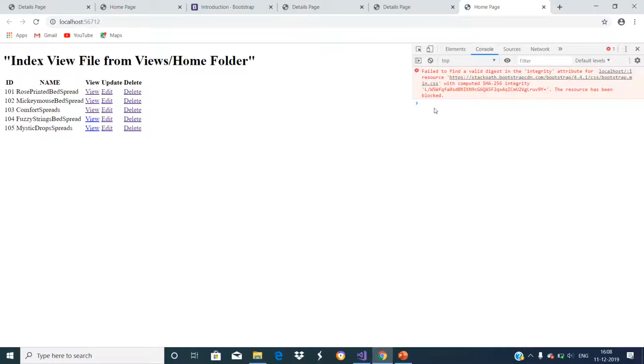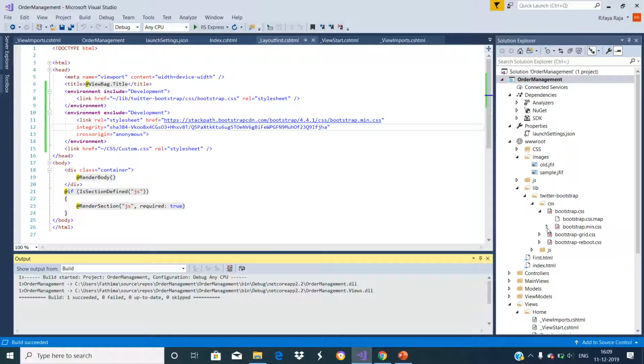So if you see here, our application is not able to download the files from the CDN since the resource has been blocked. In this case, or in case the CDN is down for some reason, we want our application to fall back and load the minified Bootstrap file from our own server.